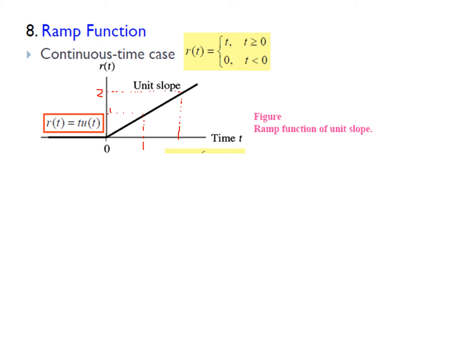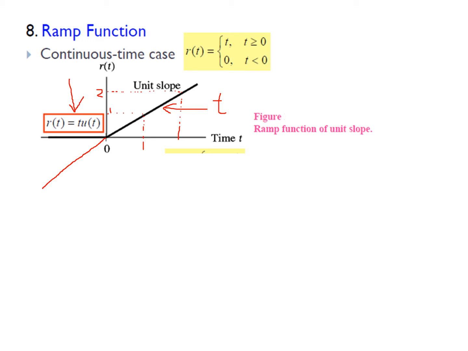As you can see, I can also write this equation as this. That is, I am multiplying t into u(t). That is, I am using u(t) to define the time interval of the ramp. If I only mention t, it actually has a negative part also, like this. It may continue negative also. So this is actually the equation of t. That is a two-sided ramp, I am calling it. Now since I am defining only a one-sided ramp, I am multiplying by u(t).